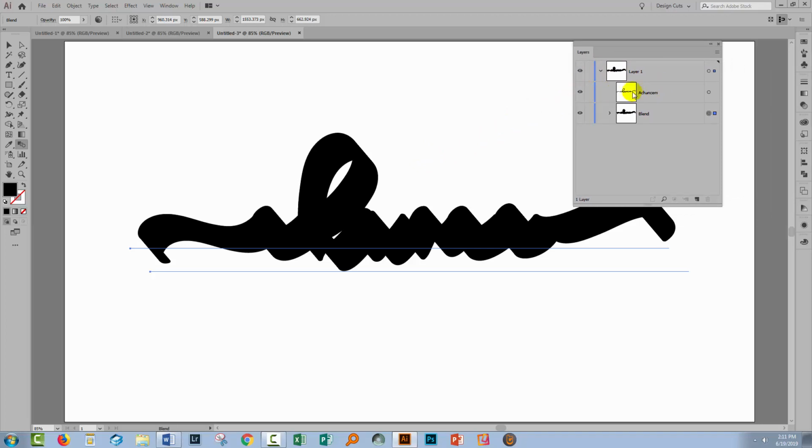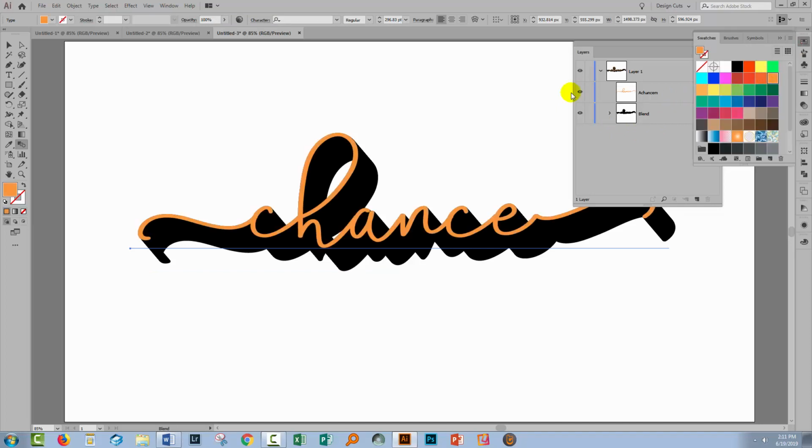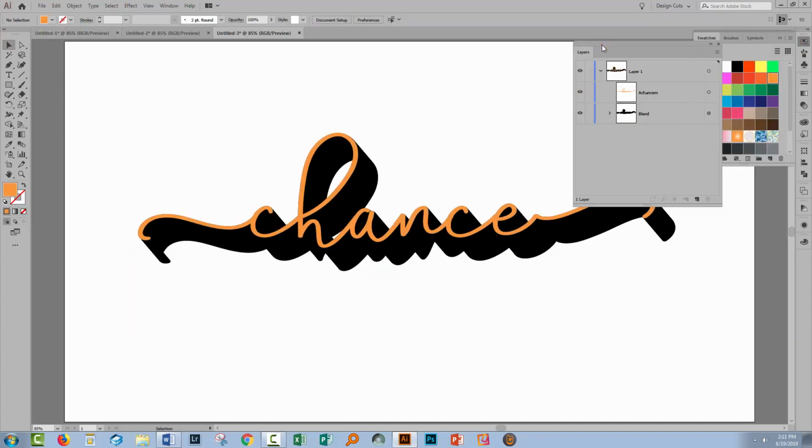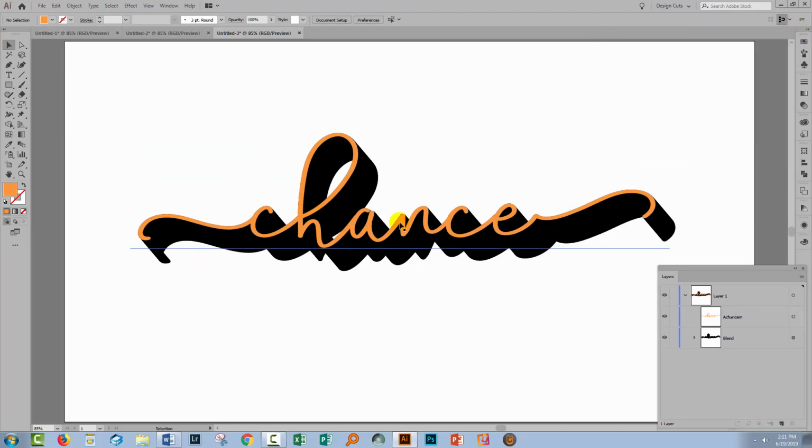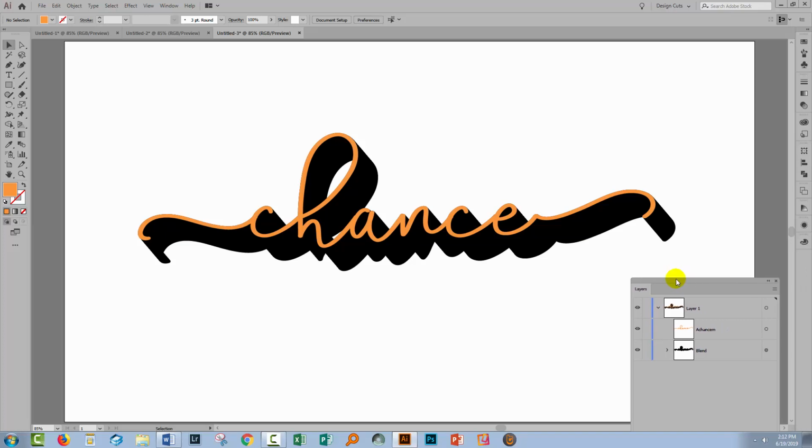So I'll turn its visibility on and I'm going to select it, and now I'm going to fill it with some color. So I'll choose this orange color, and now we can see the effect that we've created. We've got this nice long shadow effect. But there are some things that we can do with it and some recoloring effects that bear looking at in